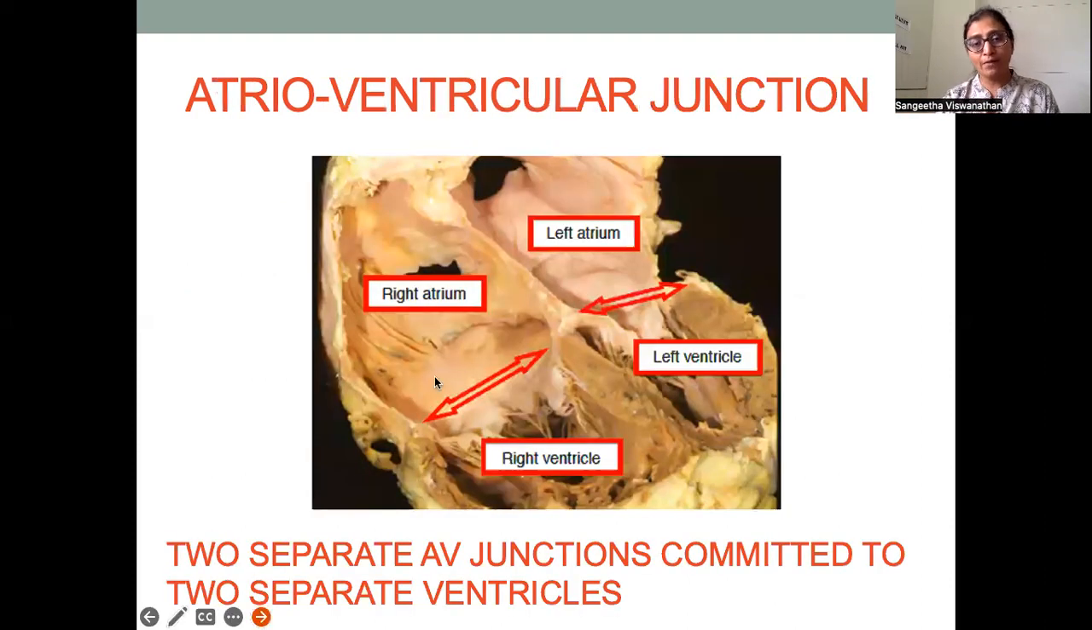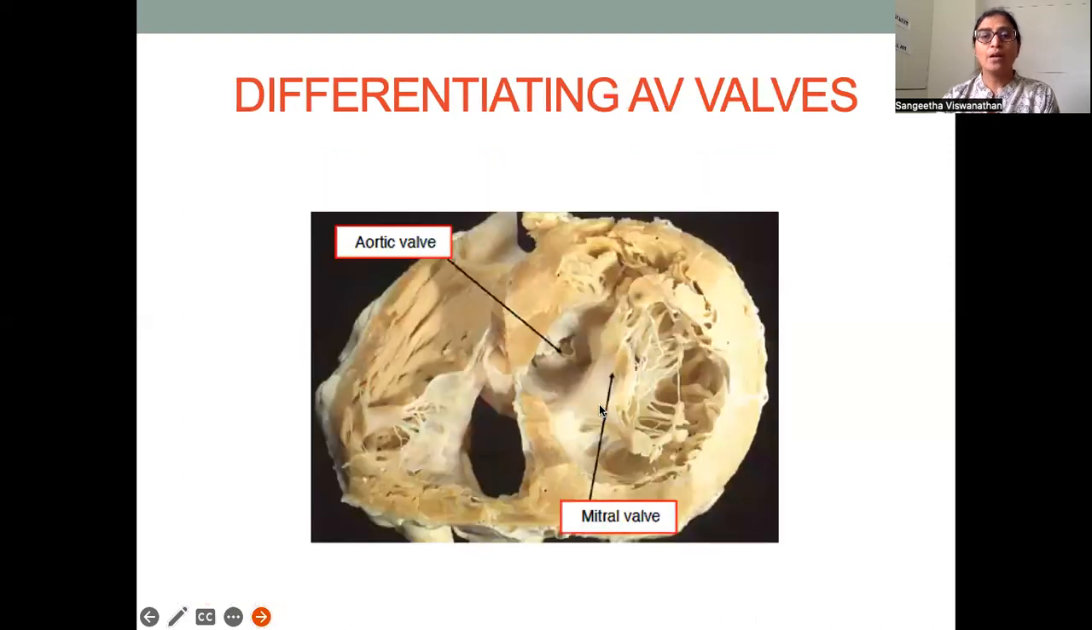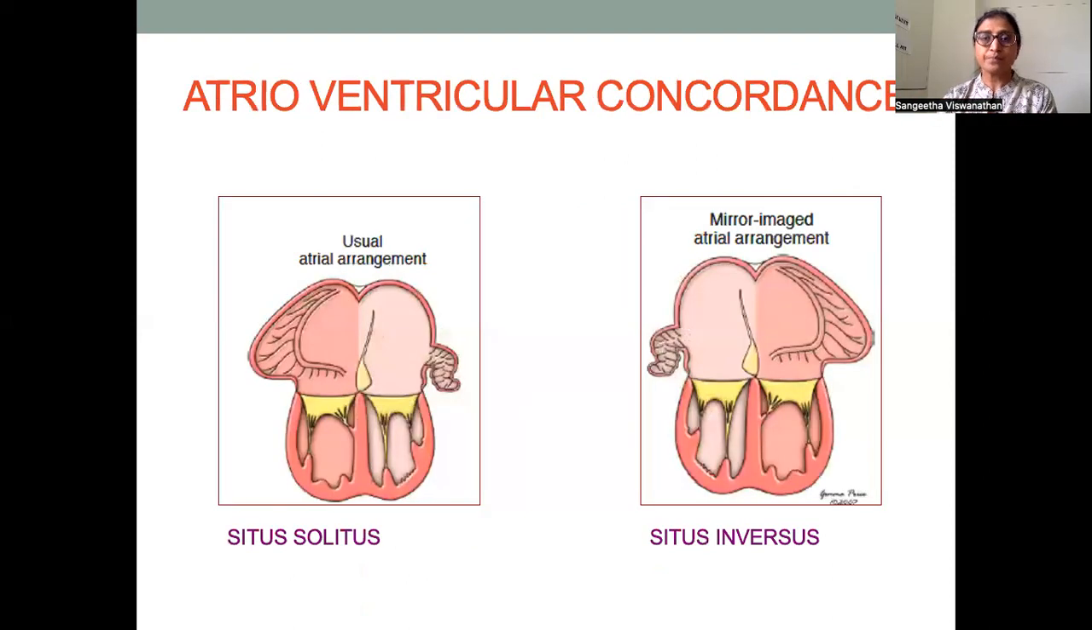Okay. So now that we have discussed it theoretically, this is the atrium, ventricle, atrioventricular junction connections. This is normal. So right atrium connected to right ventricle, left atrium connected to left ventricle. Mitral valve slightly higher than the tricuspid valve. Tricuspid valve is attached to the septum. Okay. So how do you differentiate AV valves? Mitral valve has no attachment to the septum. Tricuspid valve has attachment to the septum. And of course, there is the offsetting of the AV valves. So AV concordance, remember,